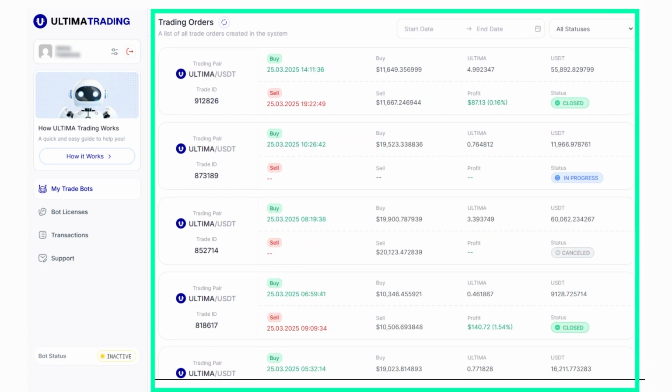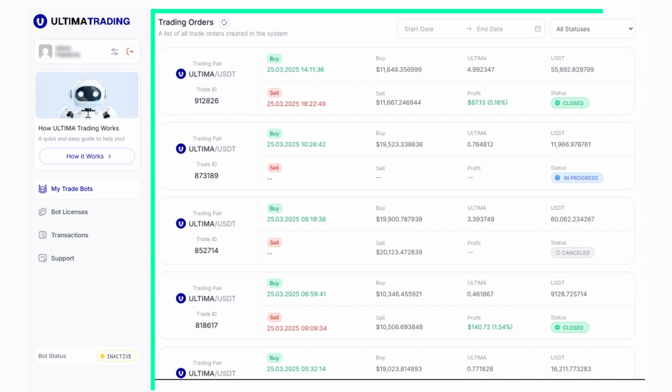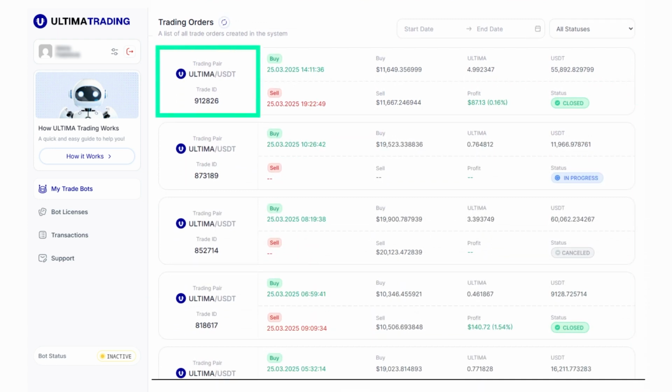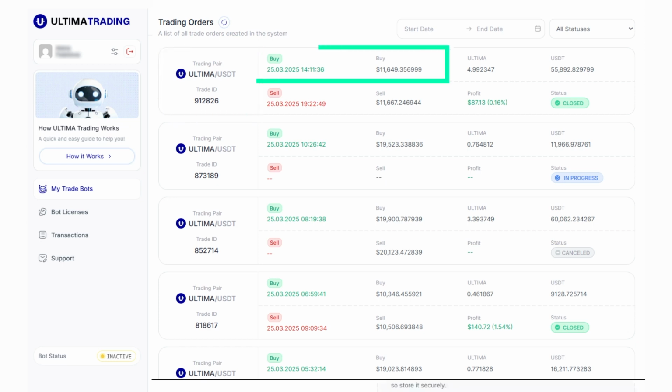In the Trading Orders section, you'll see the entire order history created by the bot: Trade ID, the bot's Trade ID; buy, time and purchase price; sale, sale time and the size of the sell order; Ultima, number of Ultima purchased; USDT, amount of USDT spent to buy Ultima; status, the trade's status; profit, how much the bot earned from